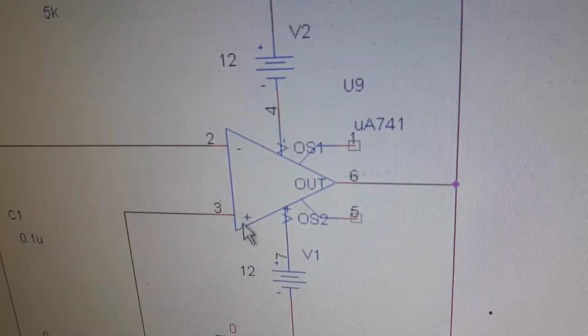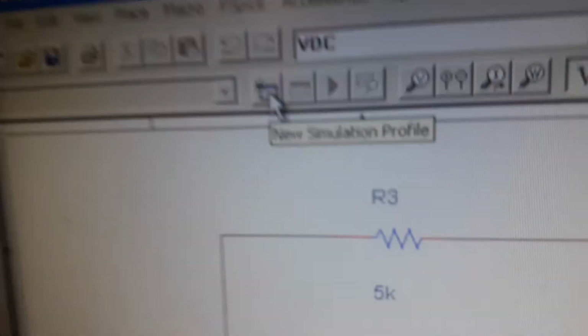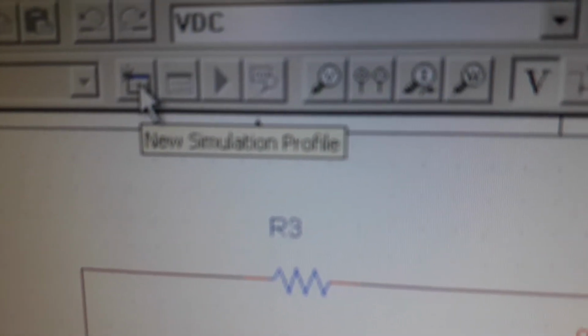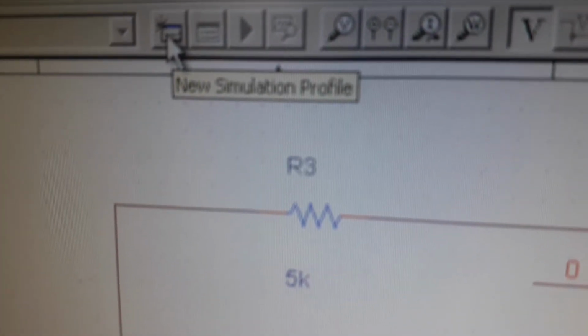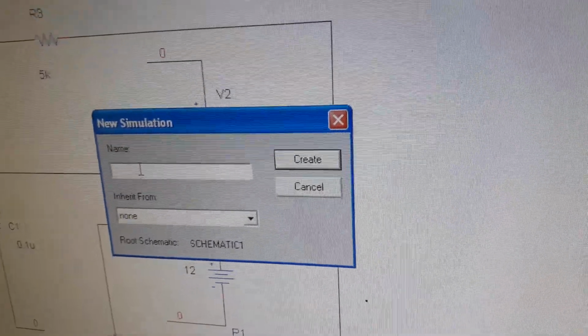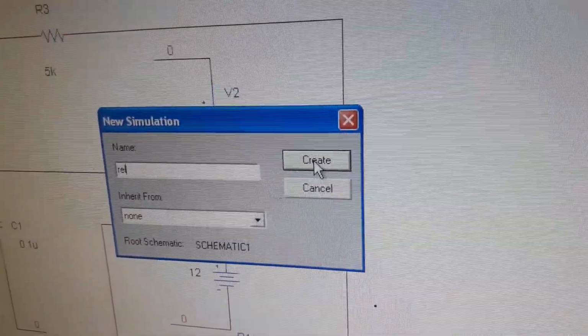So now the connection part is done, and now let us select this one, simulation profile. Click on new simulation profile. This is the new simulation profile window. Give any name here, and click on create.